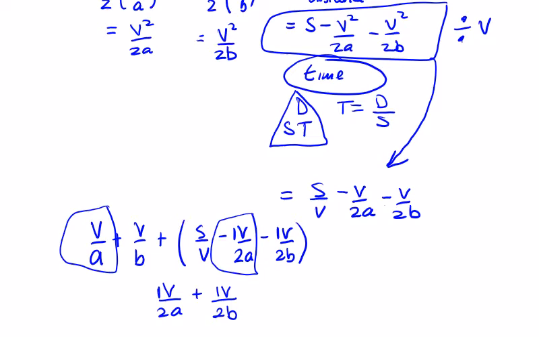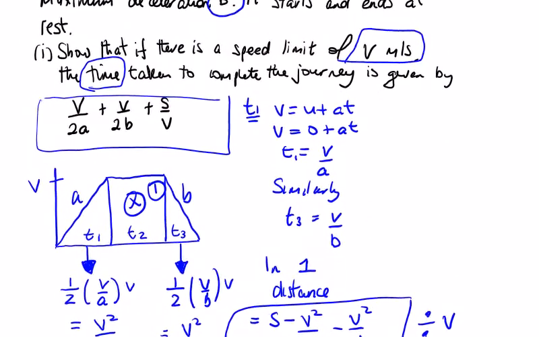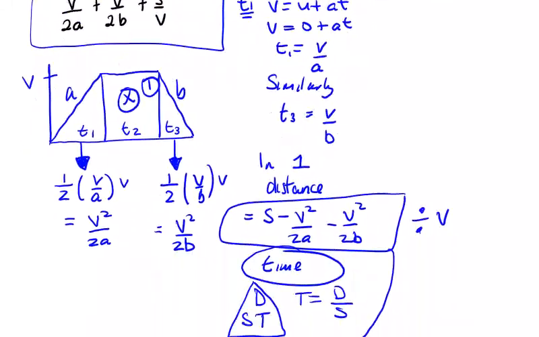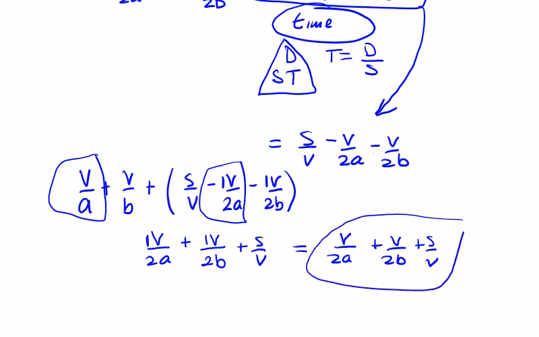And then we also have the s over v. So that's equal to v over 2a plus v over 2b plus s over v. And hopefully that's what they were looking for. You can see that's what we've gotten down here. So quod